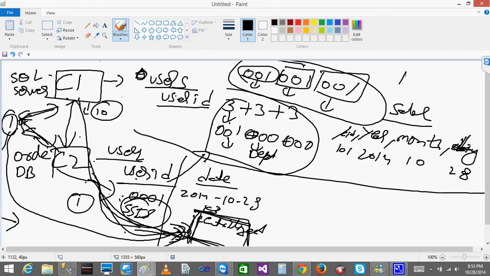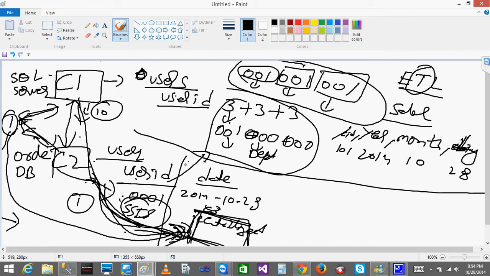There is one more thing: you will be calling it ETL. ETL means extract, transform, load. Are you all able to get this? Okay. Extract: what are you doing? You are extracting the data from company 1 and company 2, and you are loading the data into the centralized one. So, extracting and loading. Then what is the transformation?